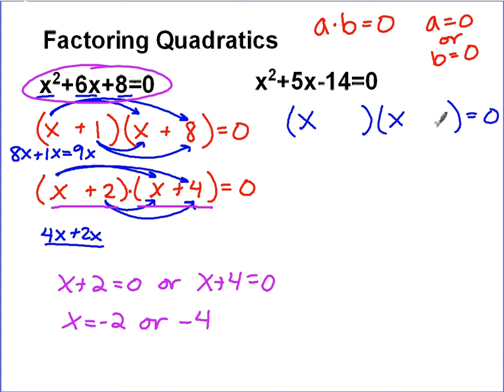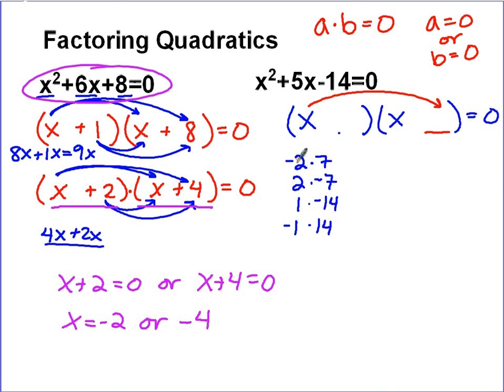So sometimes we like to just put a list of what those are. So we could do negative 2 times 7, or 2 times negative 7, or 1 times negative 14, or negative 1 times positive 14. And we have all those options that we're going to put up into these spots. So there's 4 different possibilities, where on that last problem there were only 2. So if I'm looking at all these 4 possibilities, I know that when I put them there, I'm going to multiply by x. So whatever I put in this spot right here, x is going to get multiplied by it,